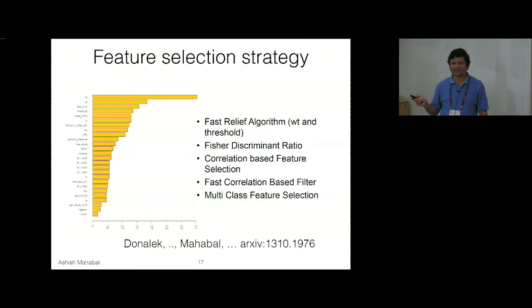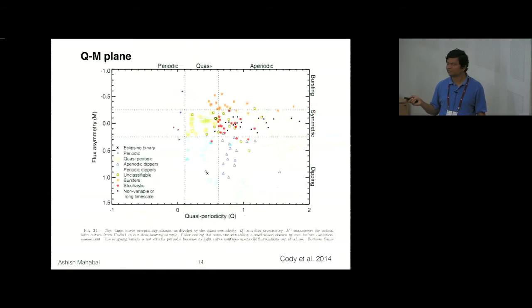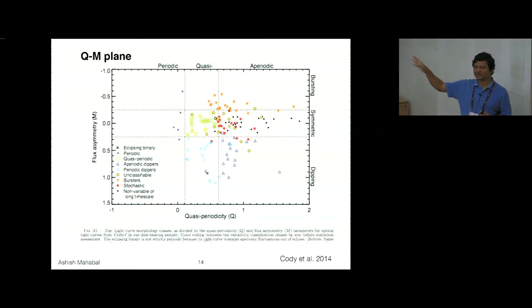The question will be, how will these things carry over? Exactly. So that is what I alluded to in a very different way. Some of these features were developed for non-sparse time series. And if you get to sparse time series, you suddenly find that there is far more overlap when you look at those. So they become less useful. And when you go to lower signal to noise, exactly the same thing is likely to happen. And so defining those boundaries becomes important.